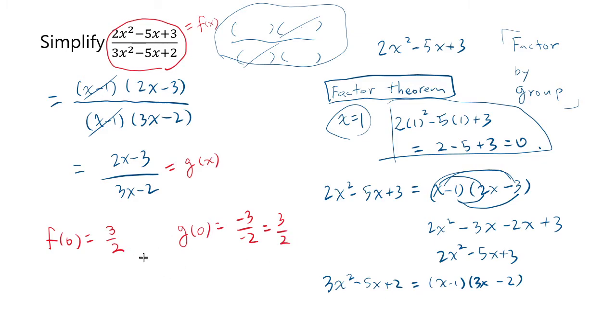So you do get the same value, except that these two are different when you try to plug in 1. So f of 1 is undefined, because if you try to plug in 1, you get 0 in the denominator. With f of 1, you end up with 0 over 0. And whenever you have 0 in the denominator, you say that number is undefined. Whereas g of 1 is perfectly fine. If you plug in 1 up here, you get 2 minus 3, which is negative 1. And down here, if you plug in 1, it's 3 minus 2, which is positive 1,